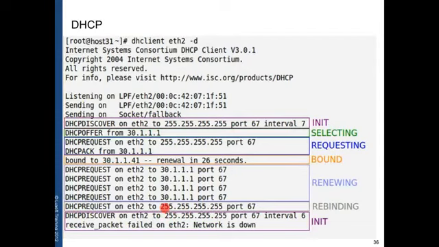The difference between the request and the discover is that if we have another server in the network and it is up, it may not have the authority to extend our lease. So it may not reply at this point, but it can reply to a discover packet.